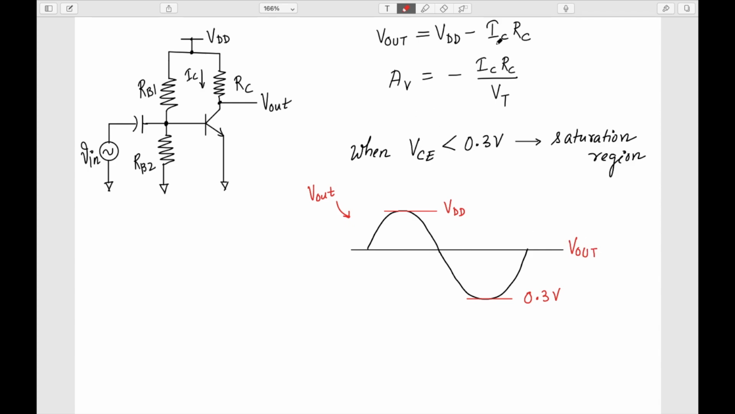So I need to select this IC and RC such that this V out stays in between the mid of VDD and 0.3. So it should be the mid of VDD minus 0.3. So let's note this down. So what we have seen is that we need to select IC and RC such that